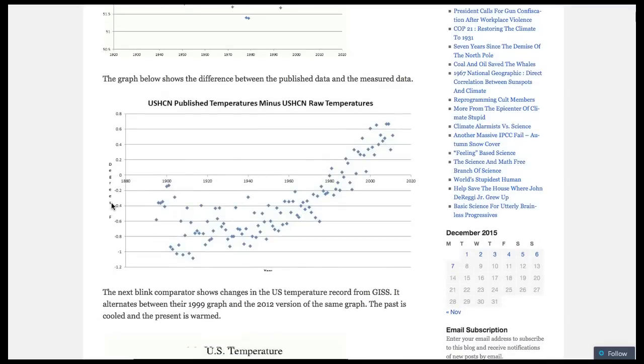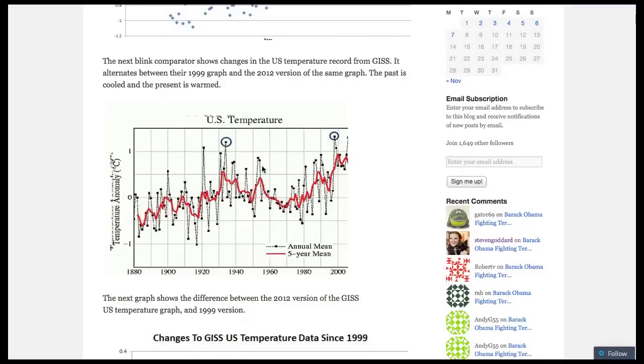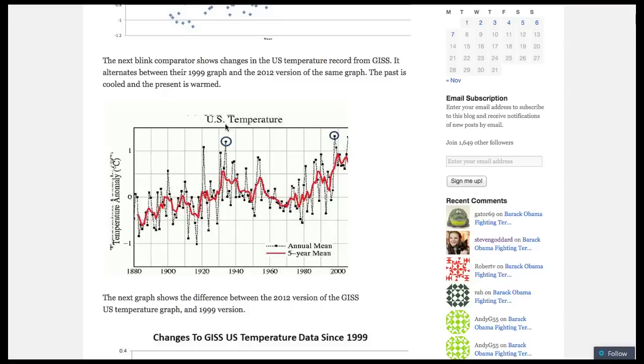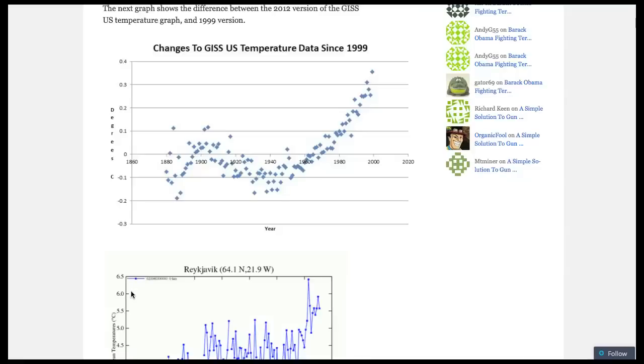And that's not just one or two isolated examples. There are many, many examples of this where they take the high temperatures in the past and they make them lower. And they take the lower temperatures near the present and they make them higher. Nothing has changed in whatever did happen in the 1930s. They're just changing their records, so it makes it look cooler in the past and warmer in the present to give a more pronounced warming trend that is in line with this catastrophic anthropogenic global warming hypothesis.